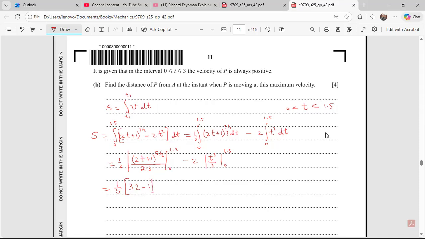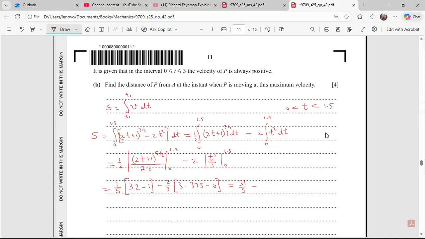Minus 2 by 3, when I put upper limit, 1.5 raised to the power 3 is going to be 3.375, and when I put 0, just 0. So this all comes out to be 31 by 5